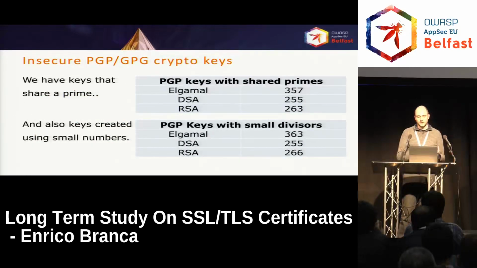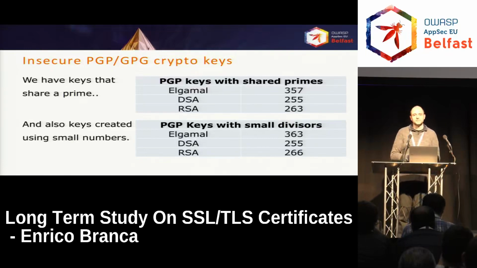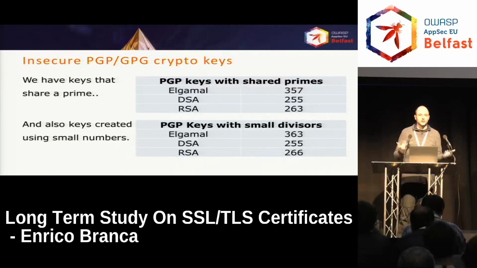First condition, the keys should have only unique numbers, but they don't, because these conditions usually are not tested. So we have a lot of keys with numbers that are shared across keys. A lot of keys have collisions, and this is not only related to broken implementation, but purely by chance, or by systems that don't generate enough random data, or not enough random quality data. There are a lot of conditions, but the result is the same.